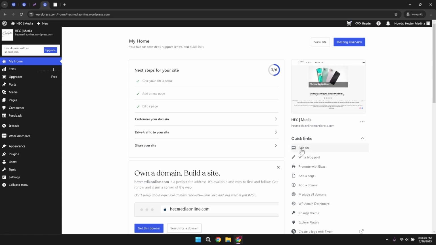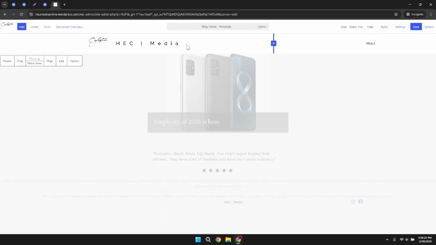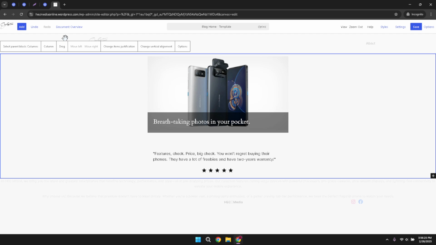Now, with the editor open, direct your attention to the top left corner of your screen. There you should see an Add button, which allows you to introduce new elements to your site. Give this a click and a drop down or a menu of different types of blocks you can add should appear. In the search box that pops up or from the list of options, you're going to type in time